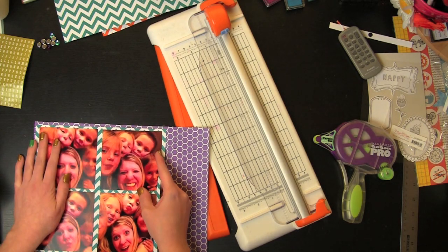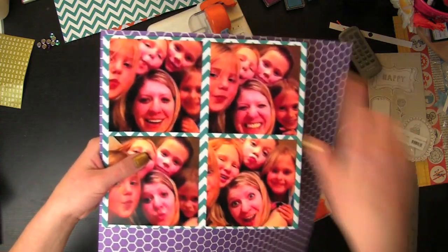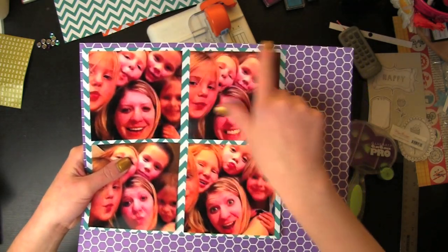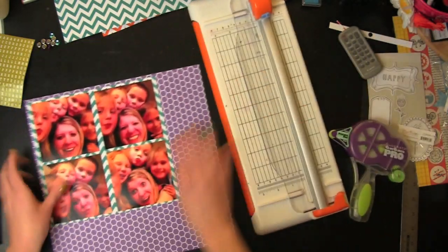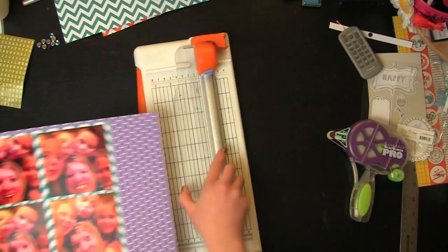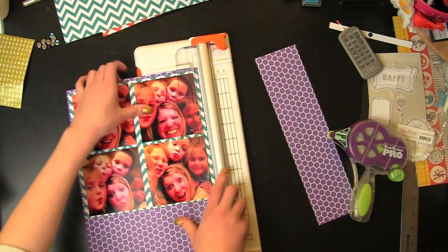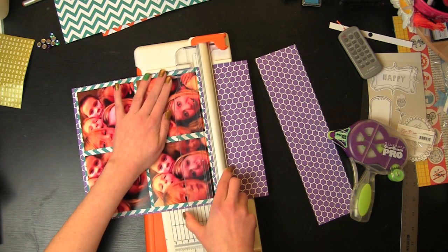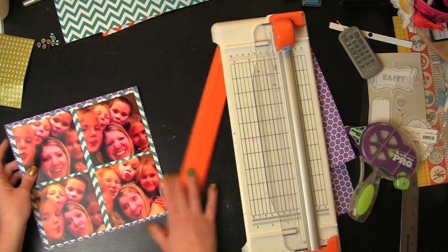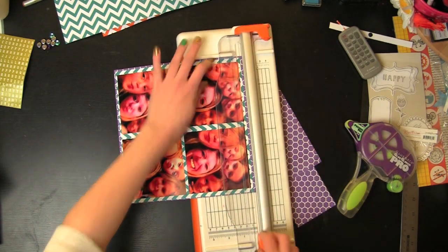So I just realized something with this paper. It is not exactly a straight pattern if you look here. I was trying to line it up with the pattern, but if you see, it kind of completes the lines here and it doesn't there. So you might want to watch for that. If you're using your paper as your guide, you can do that, but just try to keep in mind whether or not it's actually truly straight. I don't think the paper pattern is exactly as straight as you think it is, or at least as I thought it was. Cut that off and try to...